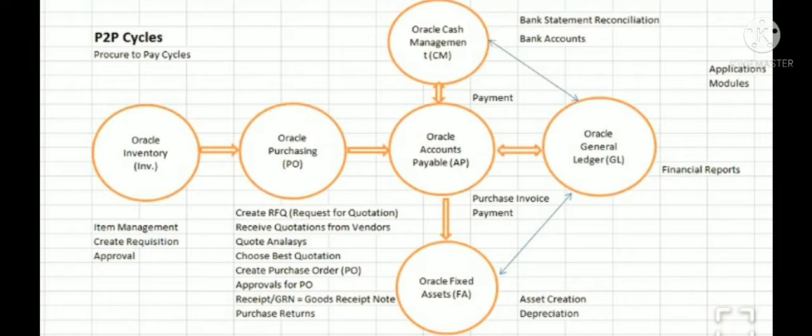Or maybe the supplier has already sent these goods to us, but the goods have not yet been received in the warehouse. Or the goods have already been received by the warehouse, but a goods receipt note has not yet been raised, or the goods have not yet been uploaded in the system, as the case may be. So it is the responsibility of the accounts payable team to follow up and make sure that all these balances in our books actually agree with those of the supplier.